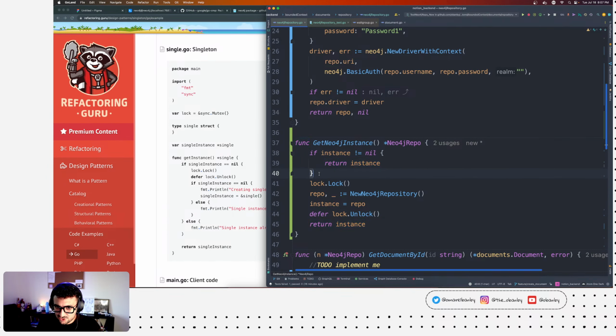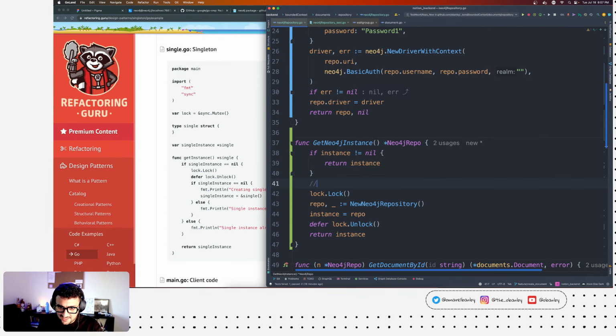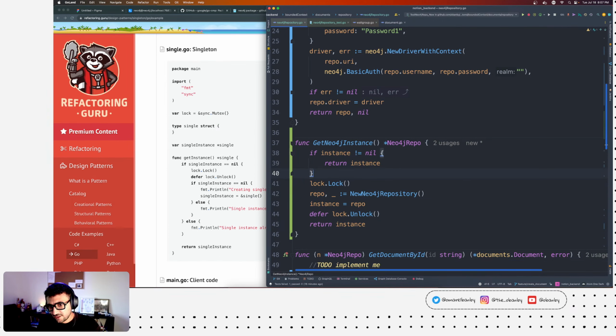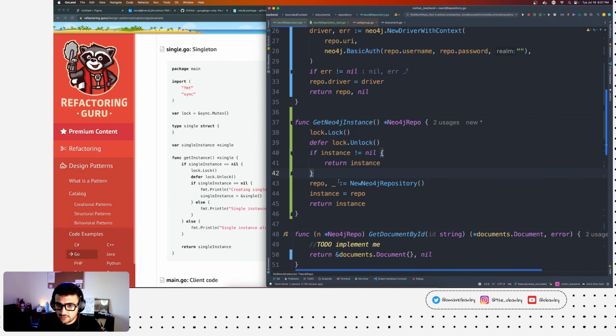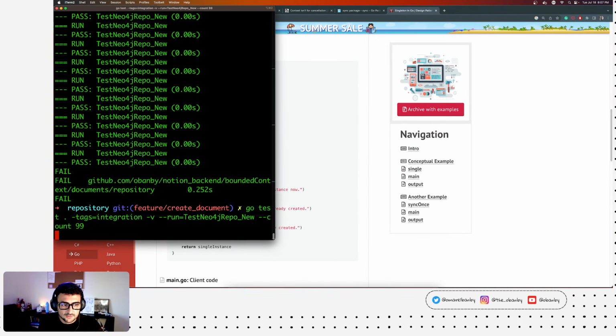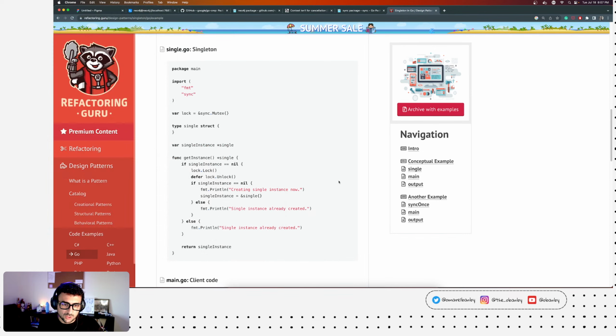So it's kind of like stopped. You can say stopped here. And if it stopped here, it will go and acquire a lock or create a new repo, and that's why we see two repos of different value. And that's why we can just simply lock the whole operation. So this whole operation is atomic. And now it actually does work.